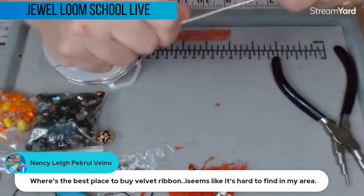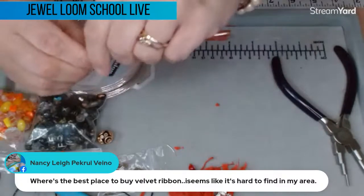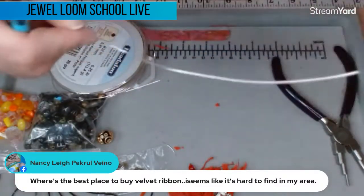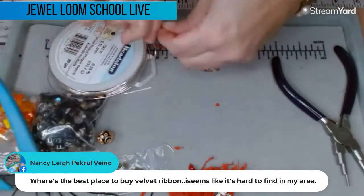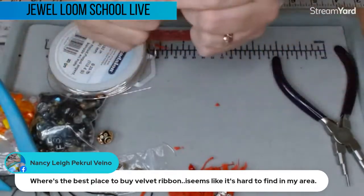And I just pull off a piece, maybe 12 inches long. It's always more than I need, but then what I'm going to do is take that and fold it in half and just cut it in half like so. This is the easiest way that I've found